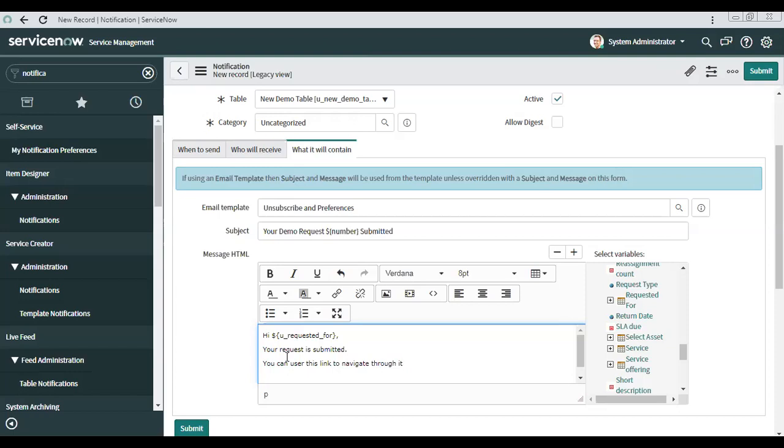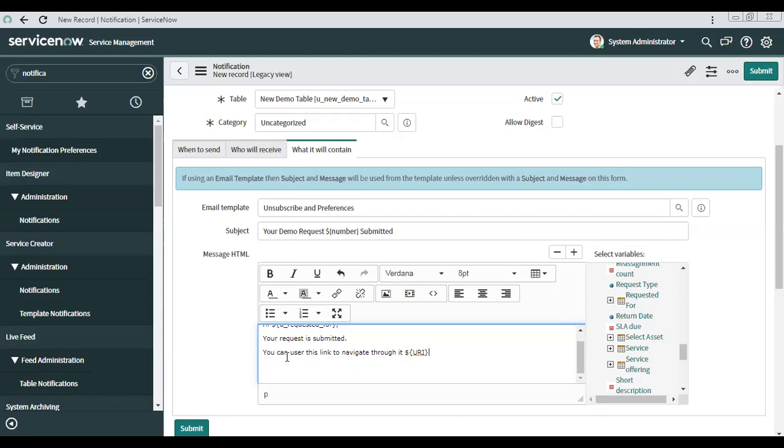For portal or backend, whatever you want, you can define the link accordingly. There is a default attribute available which you can make use of, like URI. This will create a link of the record for which you are sending the notification.